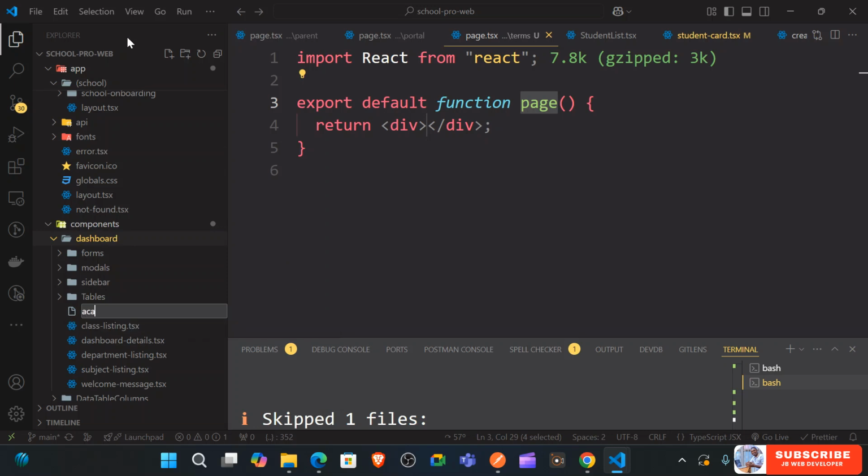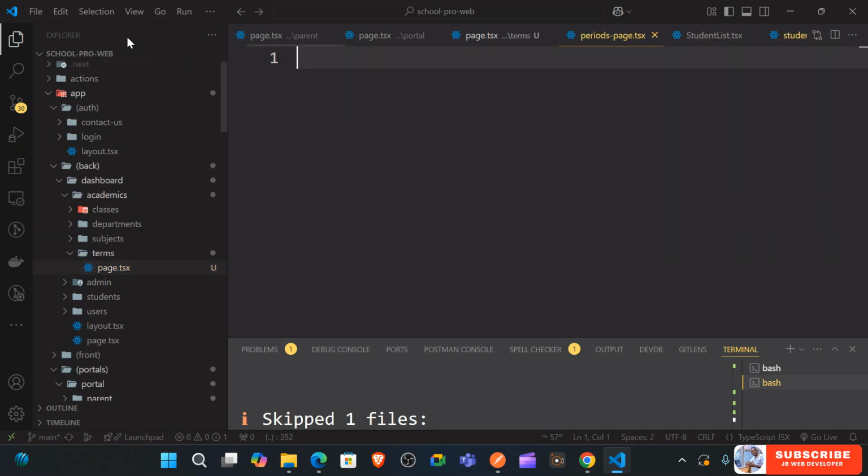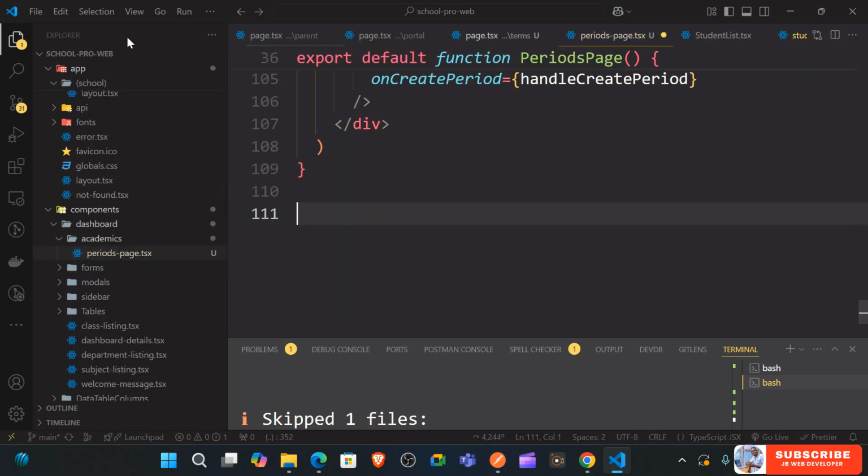Maybe I should just create, for instance, academics. And then I'm just going to say, for instance, periods page.tsx. Okay,